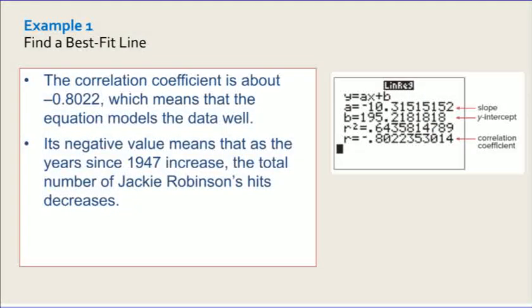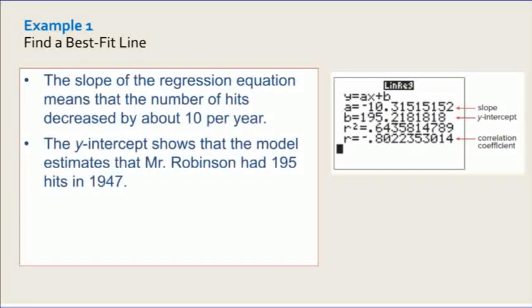Correlation coefficient is about negative 0.8022, which means that the equation models the data well. Its negative value means that as the years since 1947 increase, the total number of hits that he has decreases. So he's been decreasing over the years of his career. Next, the slope of the regression equation means that the number of hits decreased by about 10 per year. If it was a positive 10.3, then you would say that he increased by 10 per year. And the y-intercept just shows that he had 195 hits in